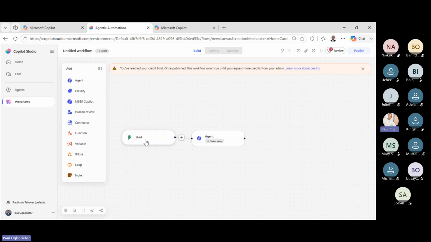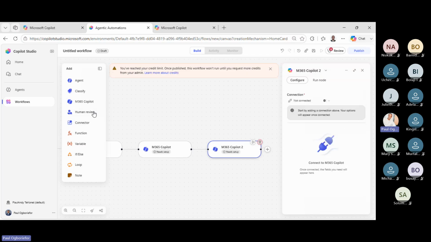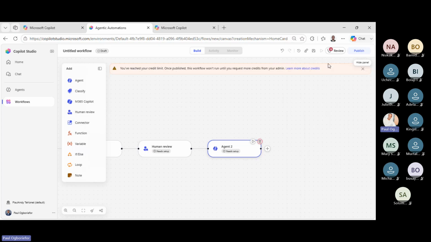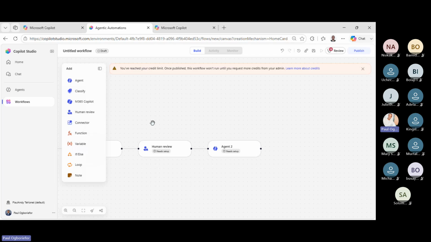And then once the file is uploaded, trigger this agent. Once this agent finishes, what do you do next? Open Microsoft 365 Copilot. Okay, once that one finishes, open human review, right? Or maybe open another agent again, process. These are processes on their own, functions on their own, right? This is one of the new things that they introduced. You are seeing the review here, there are 13 errors